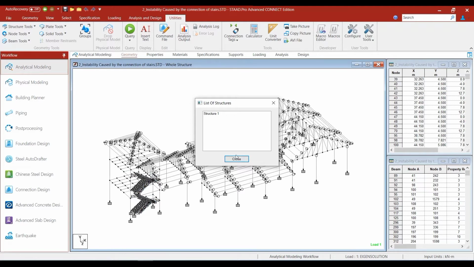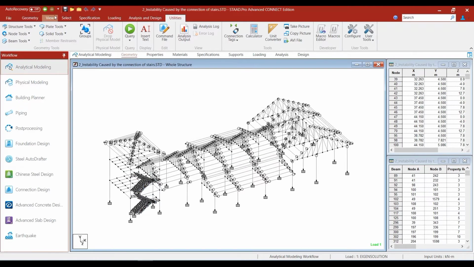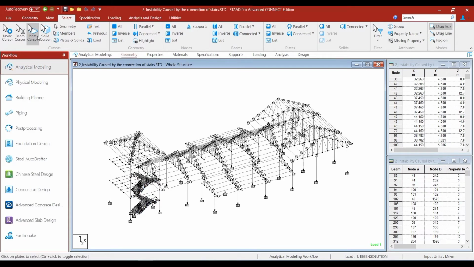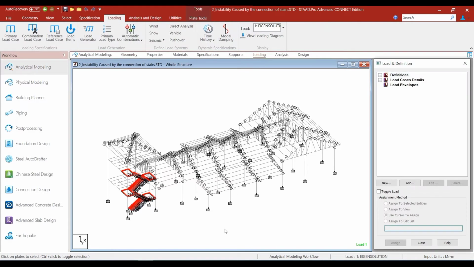Now let us go to the select option, select the plate cursor, and let us select the whole model. Now, if there are existing plates in the model, they would be highlighted by the selection, and we can see that there are indeed plate elements in this particular structure. So let us go to the loading mode to see the view a bit more clearly, and we can see that the structural engineer has created the staircases with the help of